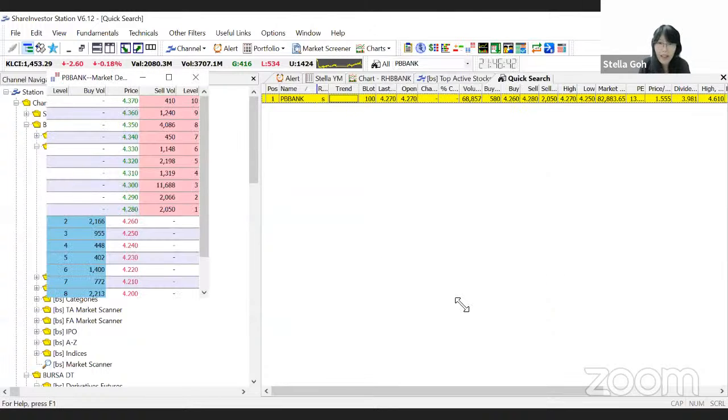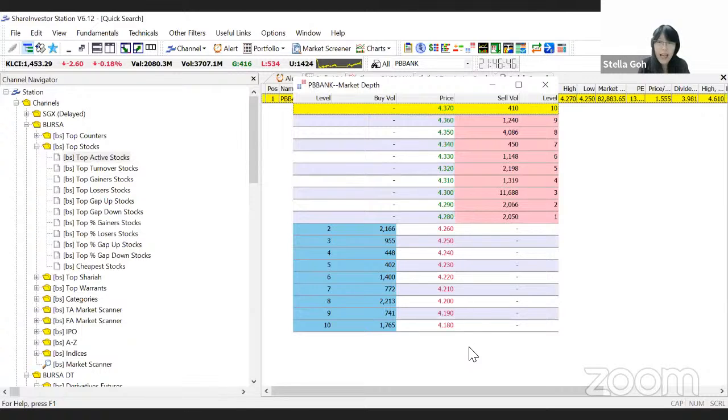Okay, this one is the market depth. You can see 10 levels of market depth in ShareInvestor Station. So this one is an incredible feature of ShareInvestor Station. Okay, so market depth shows you the complete market depth of buy or sell queue. So it is very useful for you to track the movement of buy and sell. So the queue level in the market depth helps you to estimate where is the daily support and resistance of a stock. Okay,